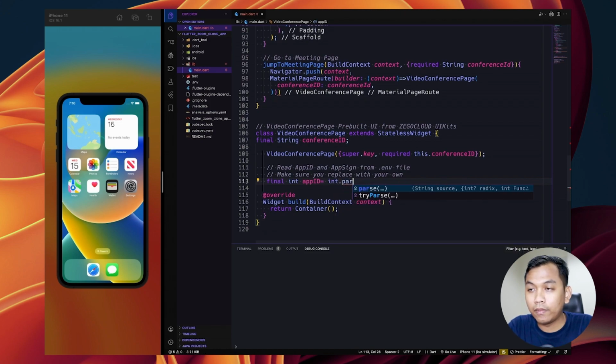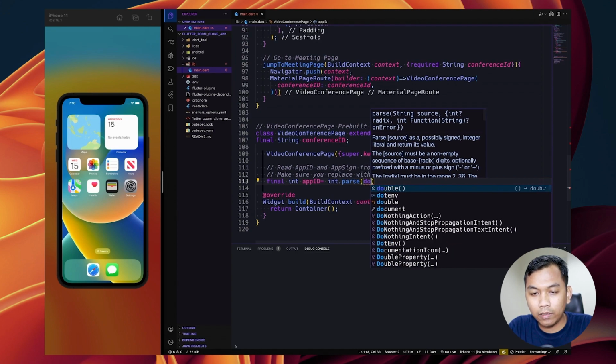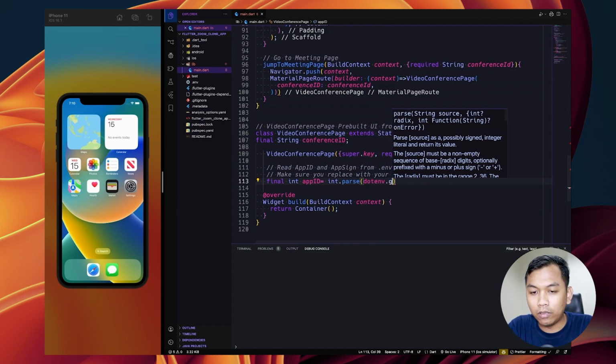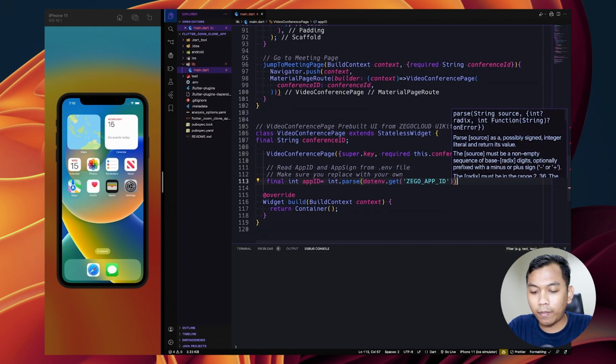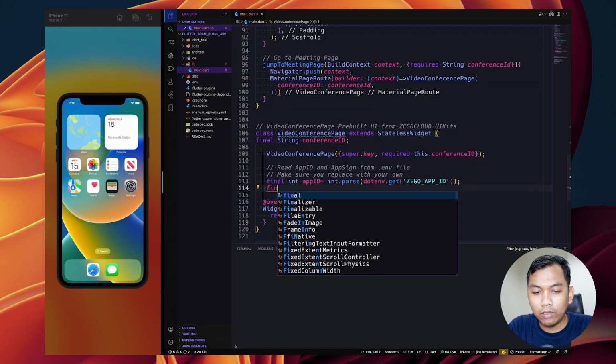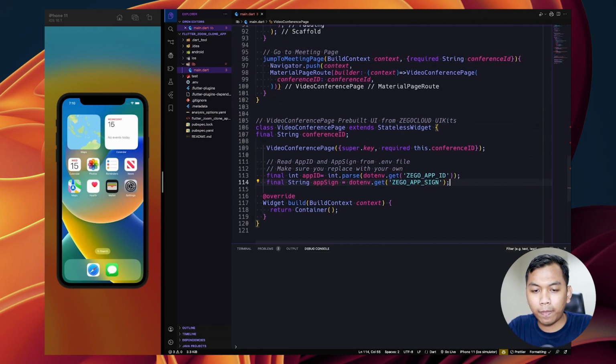So let's say parse, and we say env.get, and we say ZEGO_APP_ID. And the second one, String appSign will be env.get, ZEGO_APP_SIGN. Alright.